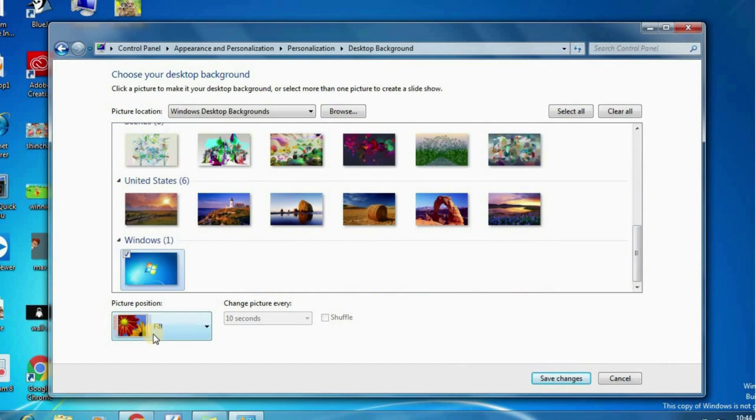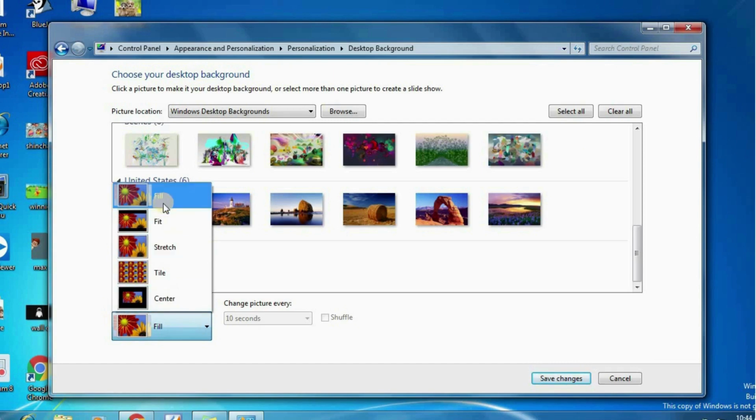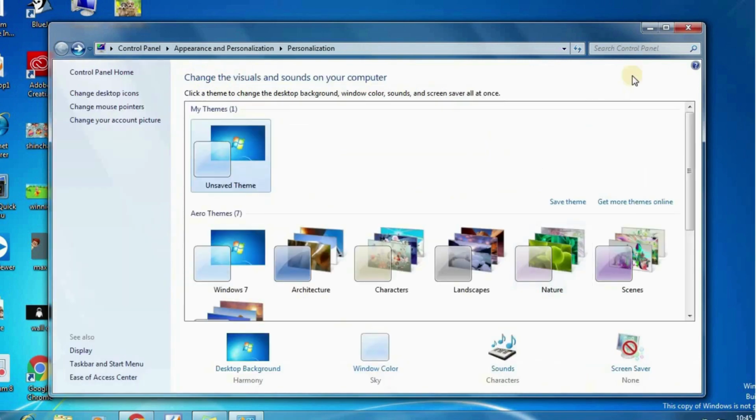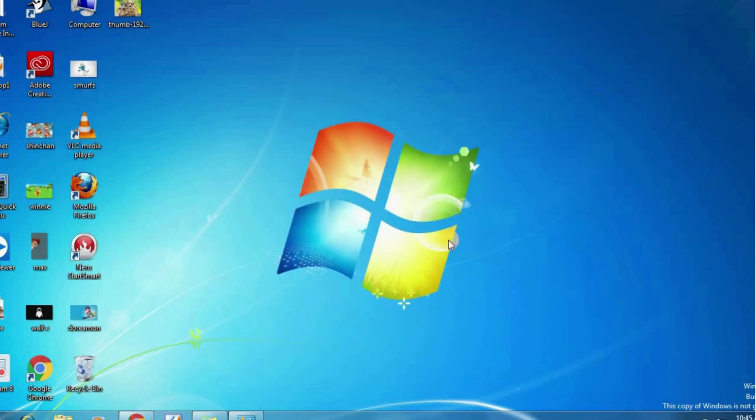In the Picture position section, when you click on that arrow, you will get a list of options. From there, I am selecting the Fill option. Click on the Save changes button. Now you can see that the selected picture appeared as the wallpaper.